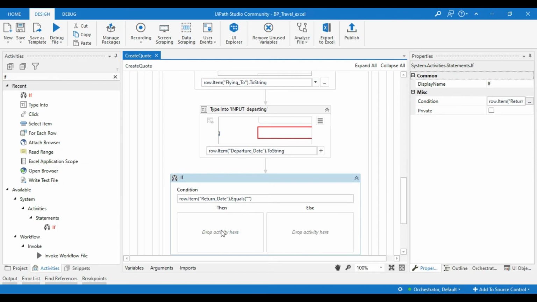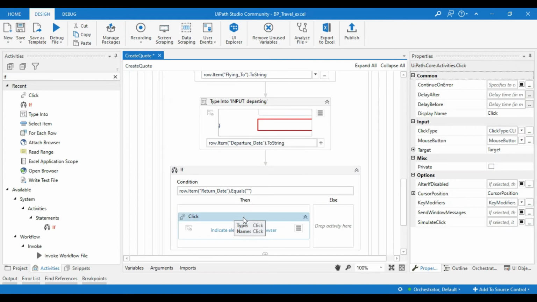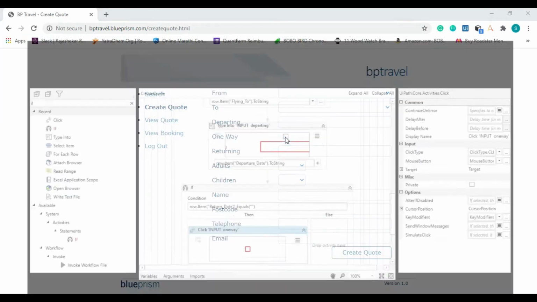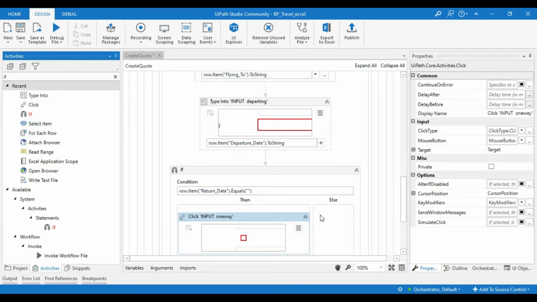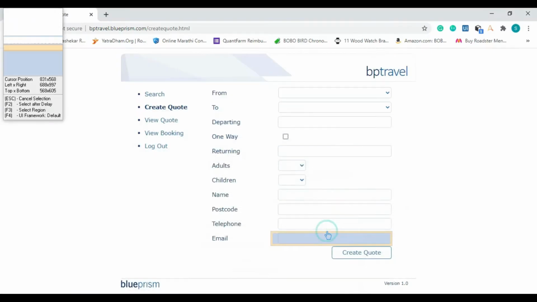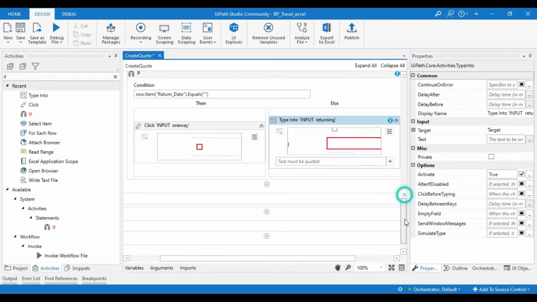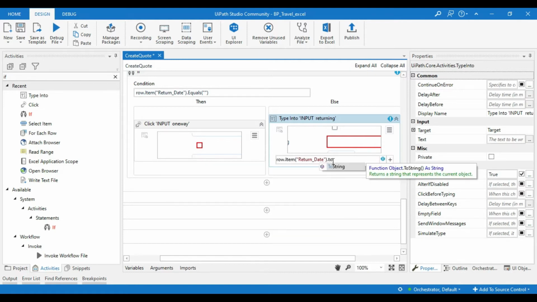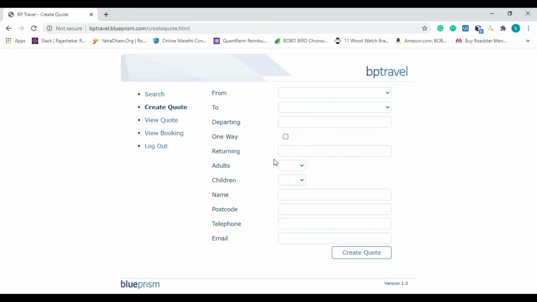So if it is null, then we will take a click over here in the then part and we will indicate on the one way, or else we will type a returning date over here, and here we will give our return date input dot ToString. So after this if else condition, all the process is same.